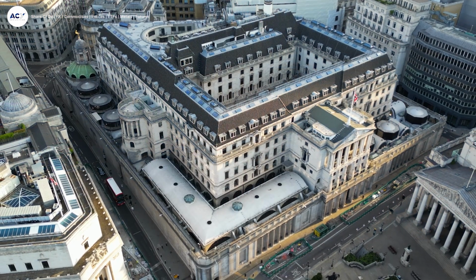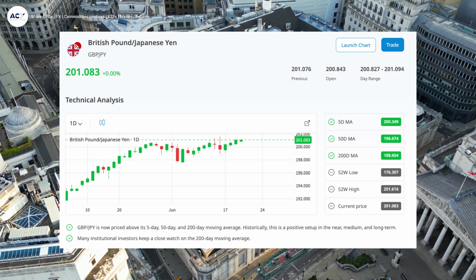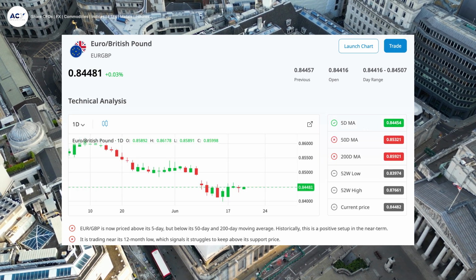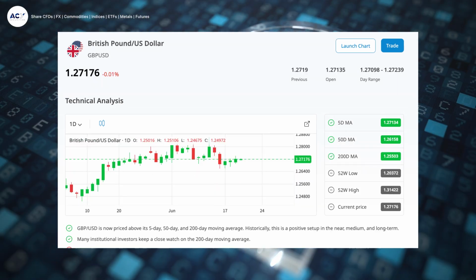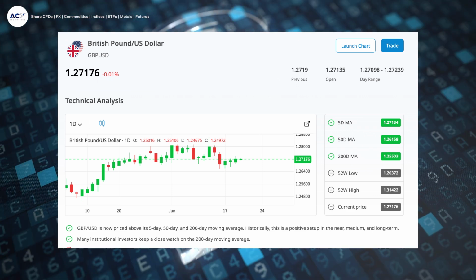This will have a huge impact on the pound, a very, very bullish approach. And this will drag the pound against the yen to the roof, euro pound down, GBP USD maybe will go up, but it just depends because the US dollar is very strong at this moment, and some other currencies.